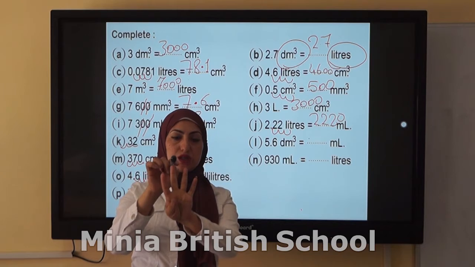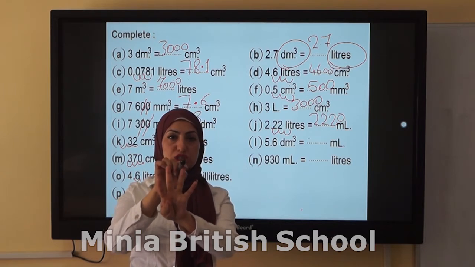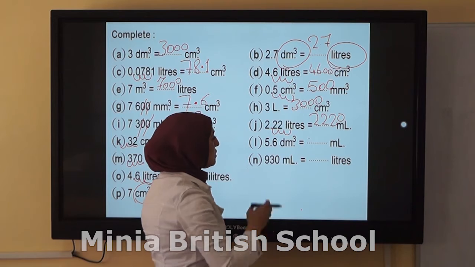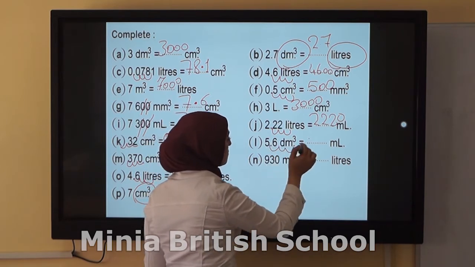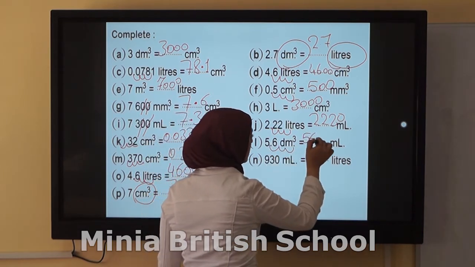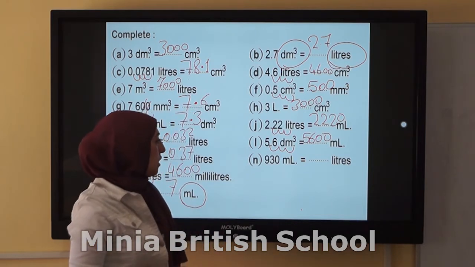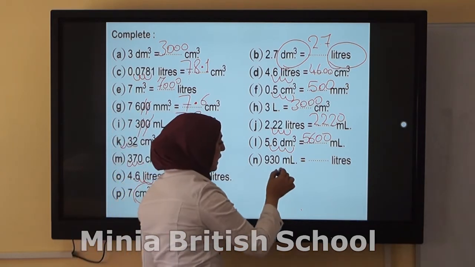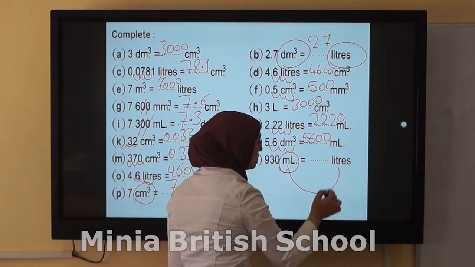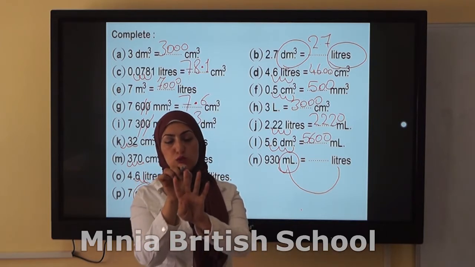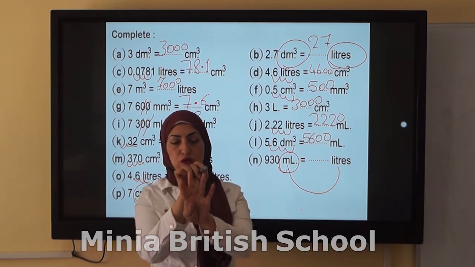The next one, convert from cubic decimeter to milliliter. Cubic decimeter to milliliter, which is cubic centimeter. So I have to multiply by 1,000. 5,600 milliliter. Okay. Now from milliliters to liters, which is divide from the smallest to